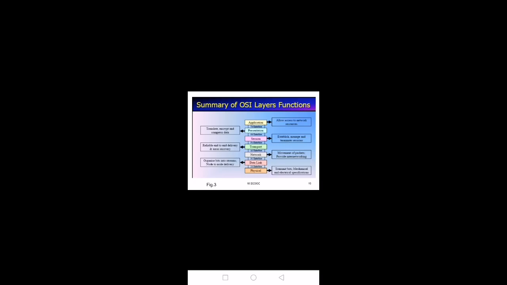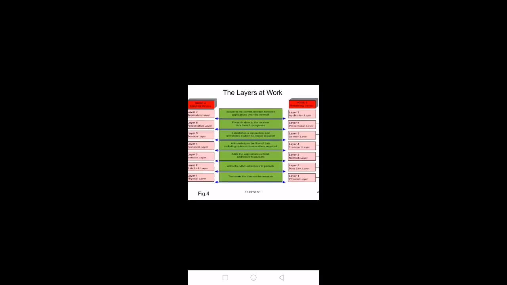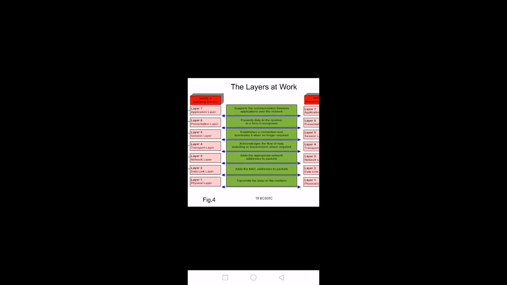Physical layer, it will transmit the bits, that frames will be converted into bits and given to the physical transmission medium, and the bits will be converted into electrical or electromagnetic or light waves. So different layers, from the top, application layer supports the communication between the applications over the networks. Presentation layer presents the data to the receiver in a form it recognizes, that is, I already gave an example,